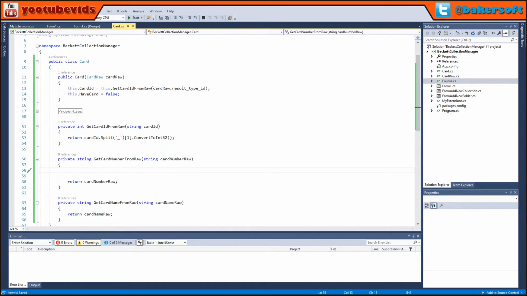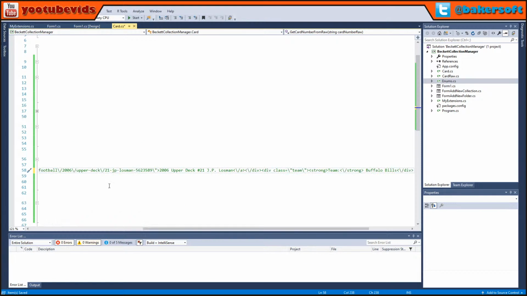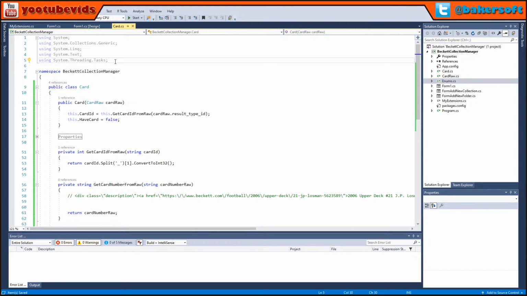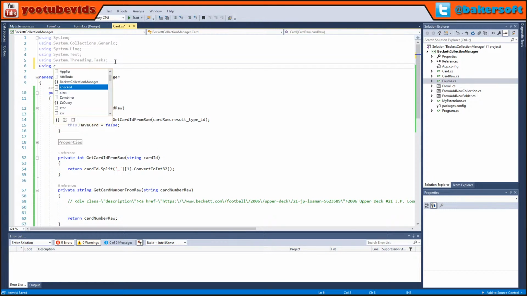So we know that, basically this is what we're going to get. We know this is what we're going to get. So we're going to get something that looks like that. Well, sort of, but not exactly. So basically what we're going to do is add using CSQuery to this thing, which again,